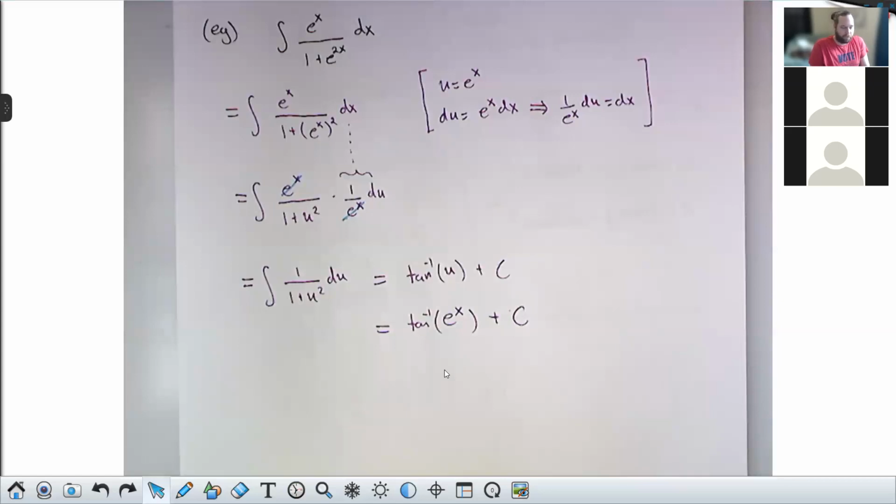That's it. That's all I have for you guys today. I'll post a homework assignment for you in a few moments with some problems to work on. The first half will be indefinite integrals like this. Then there will be some definite integrals. You don't need to work on those until after class on Wednesday.